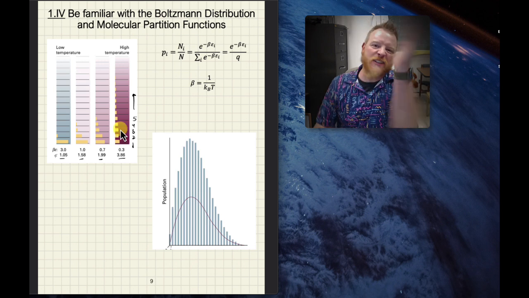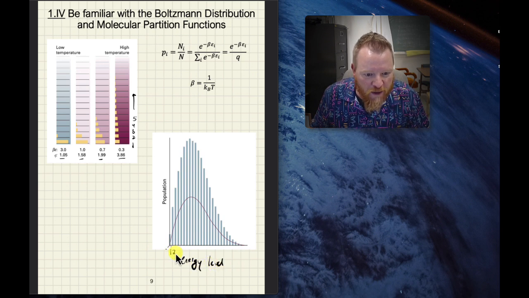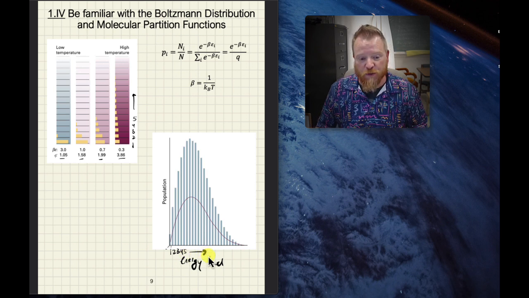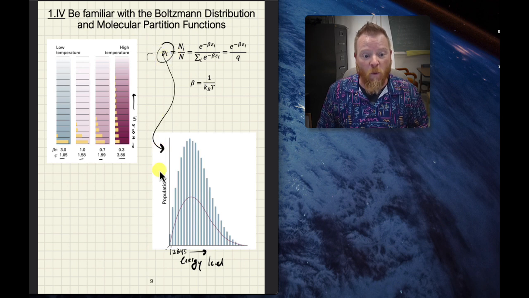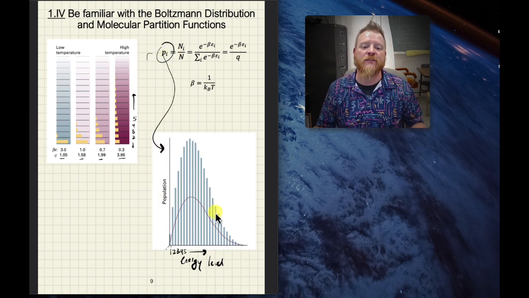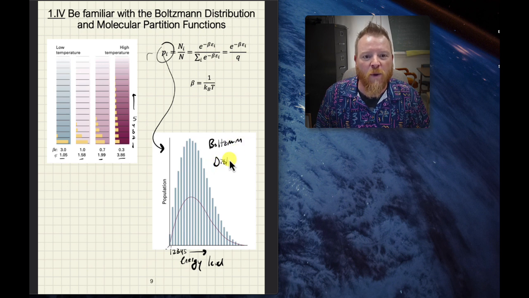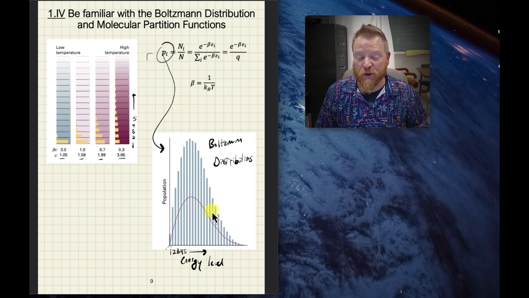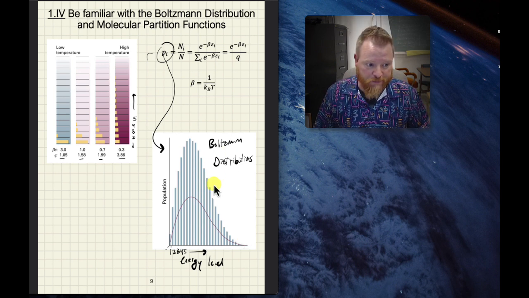And if we take these calculations and flip them on their side and plot them versus energy level on the x-axis, okay, so that would be level 1, level 2, level 3, 4, 5, and so on and so forth. And the population we get from this equation, I'll put this on the y-axis, here we get the very famous Boltzmann distribution. Okay, so I had mentioned earlier that we might get some kind of a bell curve. Well, it's not a bell curve because you'll notice that it's not symmetrical, right? It's heavy on one side. So that is what we call the Boltzmann distribution.